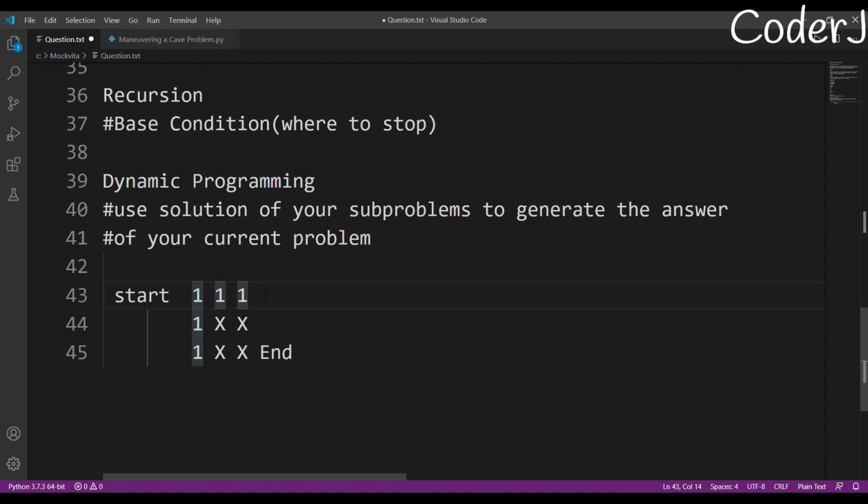Okay, so now, what about this point? How many possible ways are there? There are two possible ways. First, if this is 1 1, then I can move from 1 1 to 1 2, and from 1 2 to 2 2, right? What is the other way? I can move from 1 1 to 2 1, and from 2 1 to 2 2. Great. So this is 2.